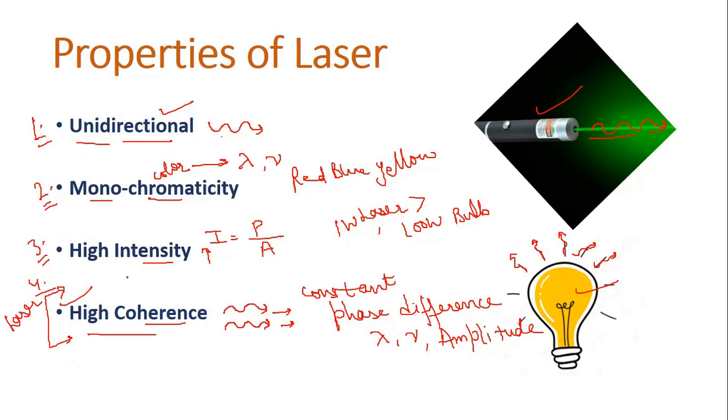Now we have emission in laser. How do we have emission? The first phenomenon is stimulated absorption. Keep in mind, stimulated is sometimes also known as a forced process. Whenever you have to supply some energy from an external source, some force, such that a process happens, all those phenomena are known as stimulated.